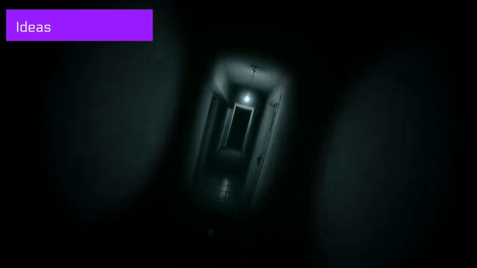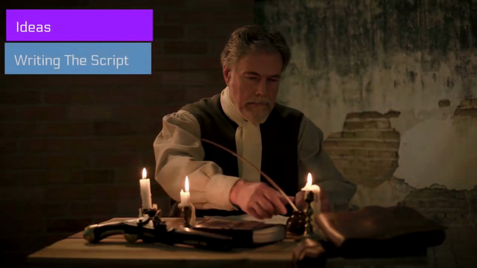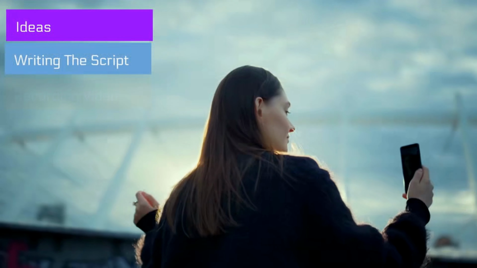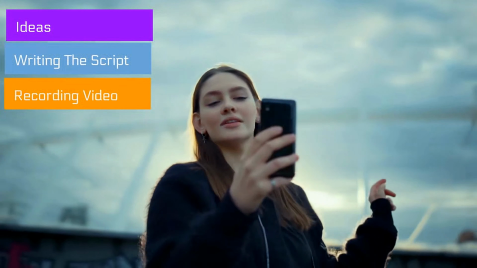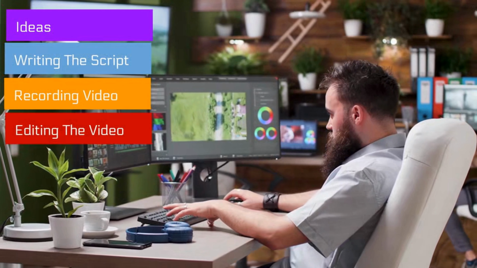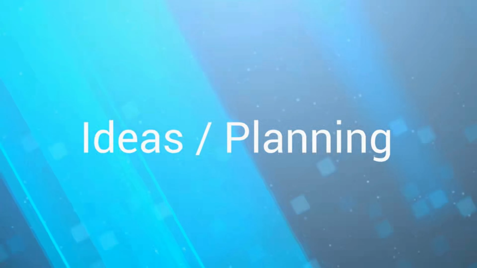Are you ready? I've really boiled this down. This is the bare bones skeleton. Here are the topics or the workflow that I'm going to cover for you. The first is the gathering of ideas. Sounds like a Stephen King novel. Anyway, the gathering of ideas, planning, writing the script, which is using the ideas, recording the video, which is using the script, editing the video to make sure that we've got everything covered.